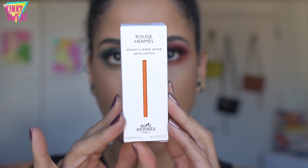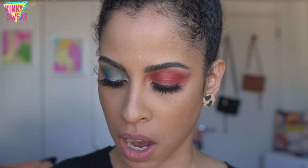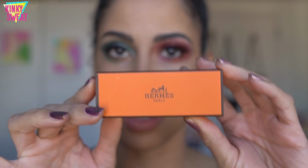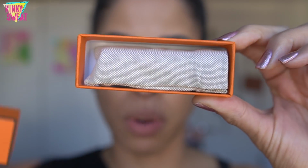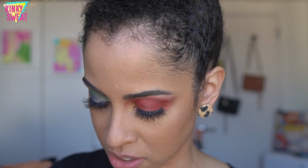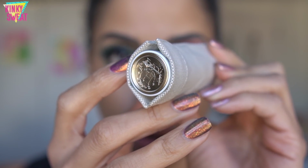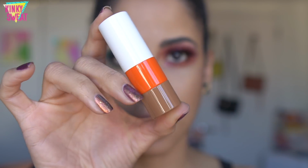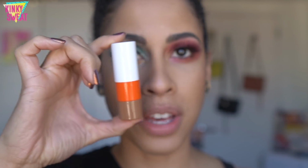And now for the lip, I actually had it on. Let's just pause for this exquisite packaging. You have the box, has Hermès, but in the box you have another box. Classic Hermès. I believe this is like their signature orange color. You slide it out and you have the lipstick encased in this potato sack bag with the Hermès logo right at the top of the cap. And look at the component. This to me,